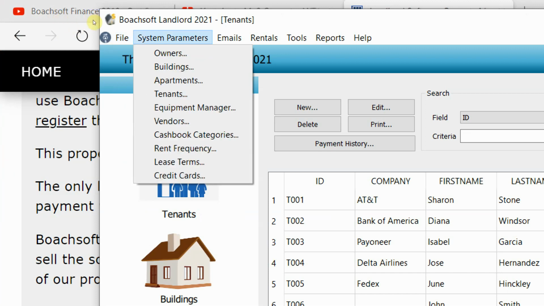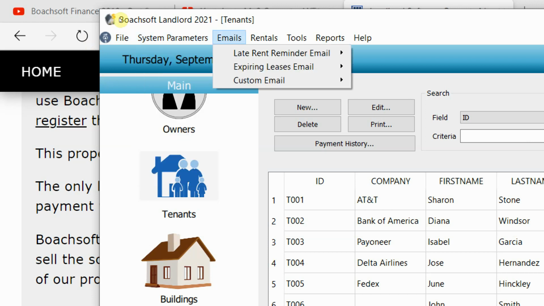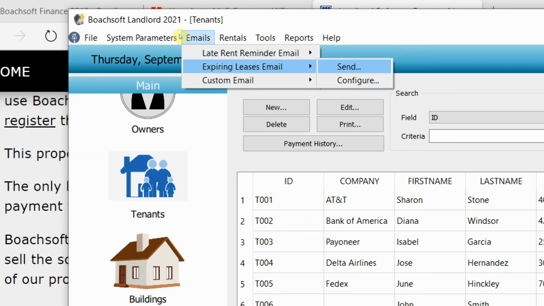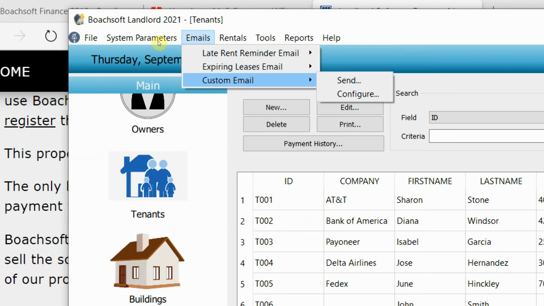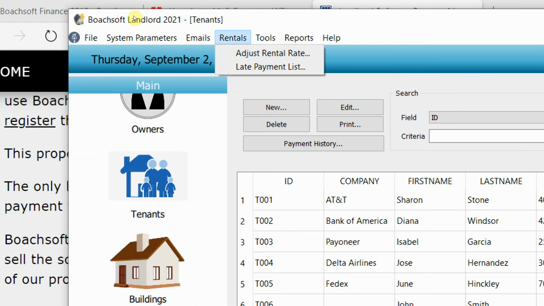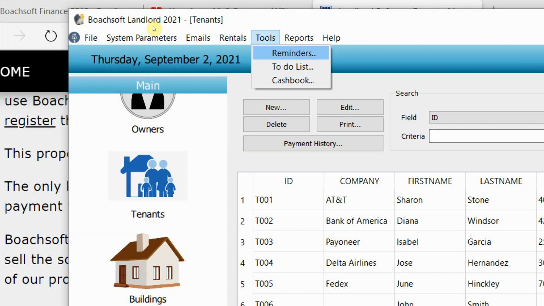When we go to system parameters, you see owners, buildings, apartments, tenants, equipment manager, vendors, cash book categories, rent frequency, lease terms, credit cards. Then emails, late rent reminder emails. You can send and you can also configure. Expiring leases email, custom email. The rentals, adjust rental rate, late payment lists. Then you have tools, reminders, to-do lists, cash book,